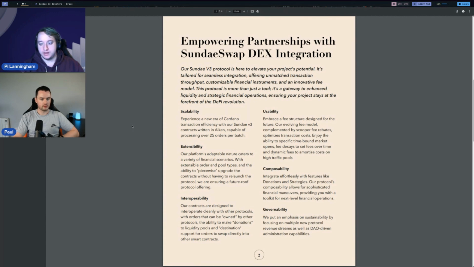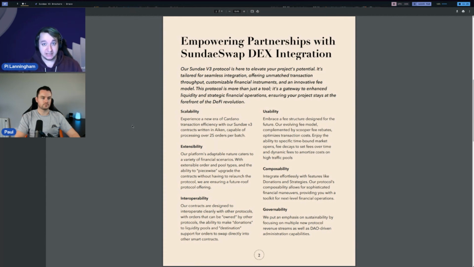Okay. The next big theme that we're focusing on is interoperability. So, for example, we want Sunday to be a tool in the toolbox of other developers, right? Butane had a really cool demo of this, where when we launched our V3, they said, okay, how do we go about building and integrating with that protocol? And they built a feature really quickly, within 24 hours, of being able to mint a synthetic asset on their platform directly into a sell order. And now that particular example is possible on Sunday V1.